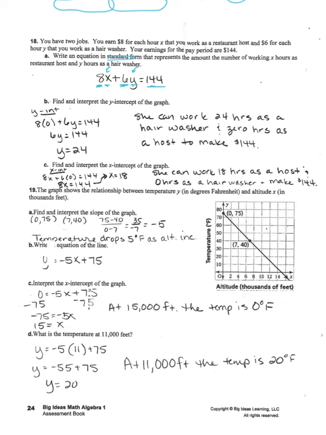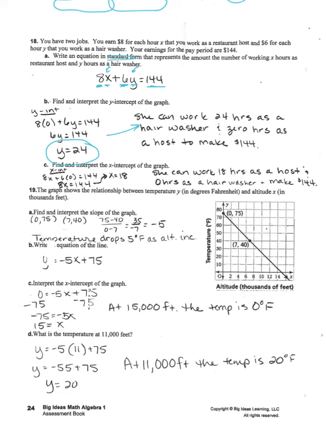So if you look at this and you want to interpret the y-intercept, plug in 0 for X, which represents that you worked no hours as a host. So if you want to figure that out, you plug in 0, simplify, and get Y equals 24. What this means is that she can work 24 hours as a hair washer and 0 hours as a host